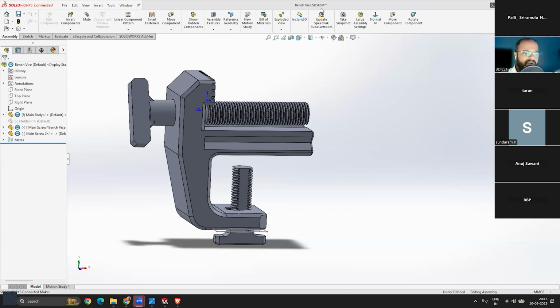Benchwise.sldasm. And what I will do to convert or to create a drawing from this, so I can share with the workshop people, I can share with anyone, my client or anyone. So they will be able to read all the dimensions and details, because not everyone has SolidWorks. And if I want to convey all the information in this model to someone who doesn't have SolidWorks, we have to share a normal PDF file, right, with all the technical details like the measurements and everything. And for that purpose, we have to create drawings.